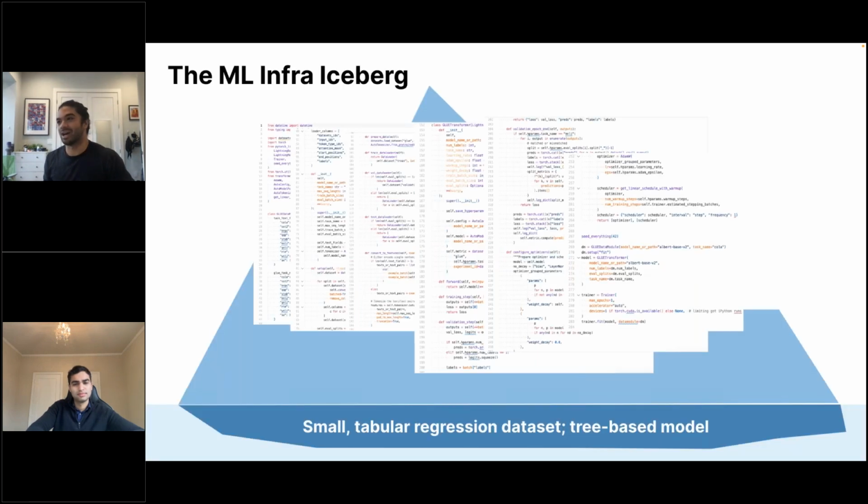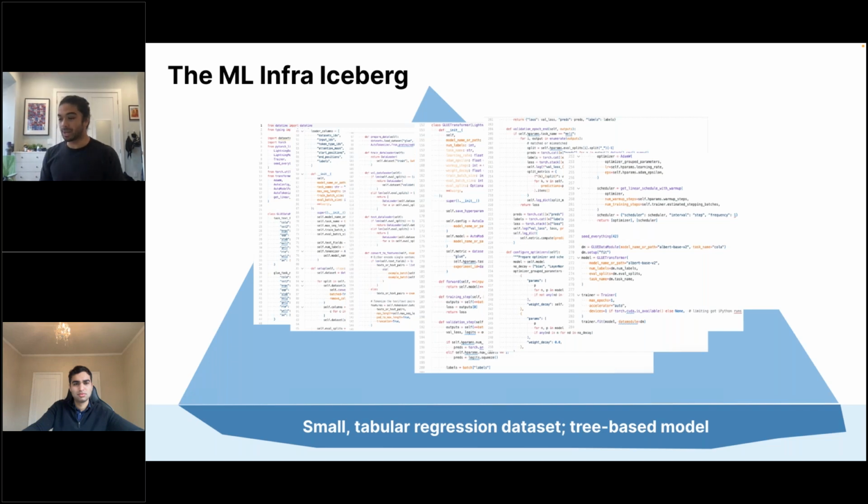So what I'd like to talk about now is if we take that code block and imagine it as part of a larger ecosystem of code, we can start thinking about what I like to call the ML infra iceberg. As Dev was mentioning earlier, ML is this sort of thing where the deeper you go, the deeper it gets. And this is certainly true, particularly as you scale your data and your models. So from the get-go, if you are training a small tabular regression data set or training a tree-based model, that bit of code that you wrote to train your model